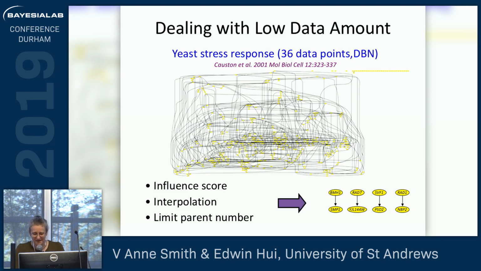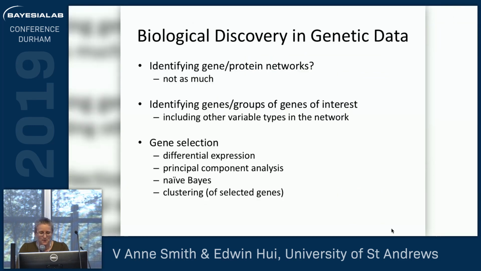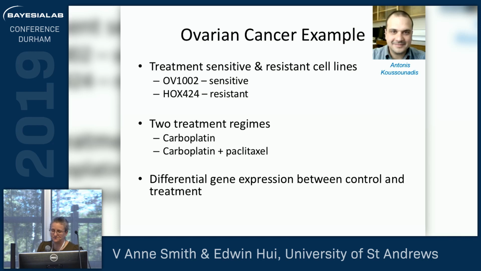And I'm not going to talk about it, but there's some reason to believe some of these could be connected. But one of the things I've discovered working with this is when we started it, we thought we'd like to make these gene regulatory networks. That was our goal, but it turns out it's not really the biologist's goal. What they really want is genes or groups of genes of interest to go ahead and do some more experiments with. So instead, what we end up doing is trying to use the Bayesian networks to identify these for them. And we do a number of different types of gene selection and then build networks out of our selected genes. And I'm going to give you an example here in ovarian cancer.